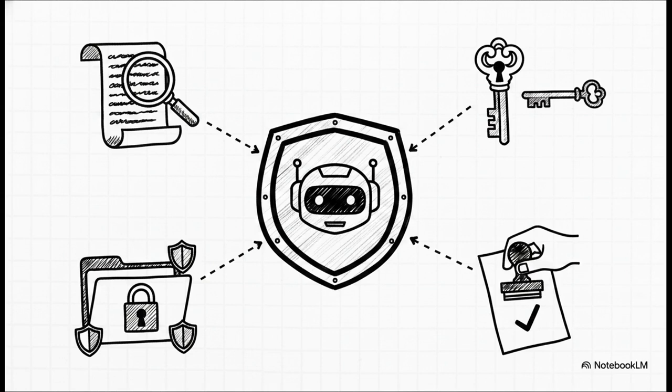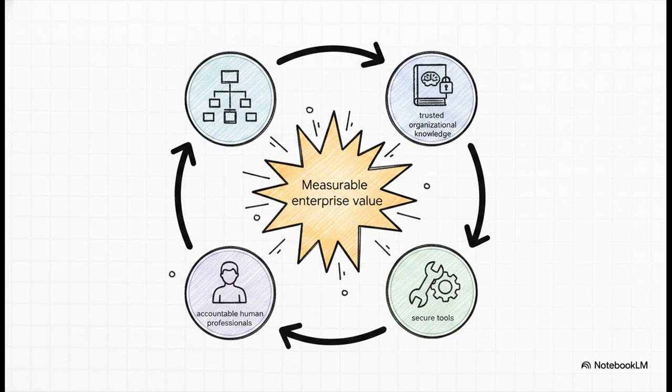Unalterable audit logs are particularly vital here. If an agent makes a mistake or executes a flawed workflow, you must be able to forensically prove exactly what data it looked at and what logic it followed to reach that conclusion. These are absolute necessities, folks, not just nice-to-haves. So, what's the formula here? True enterprise value equals trusted knowledge, plus capable models, plus secure tools, plus governed workflows, plus accountable people.